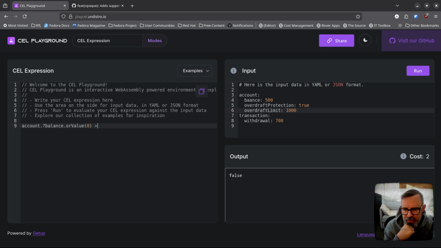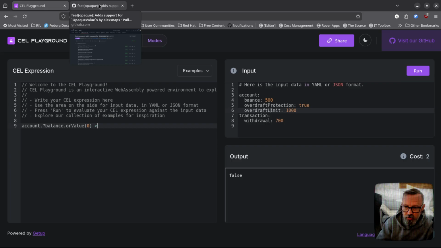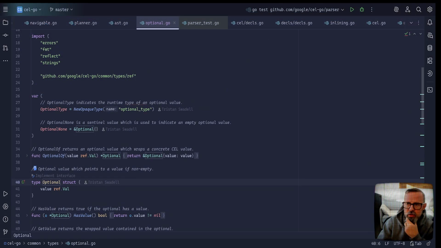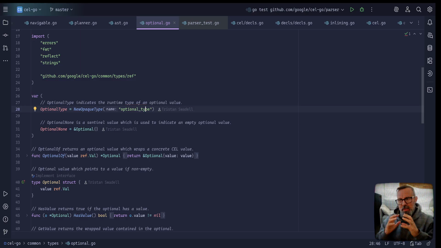I need to check exactly what all the pieces are, so just to recap, right? We merged the opaque type. The opaque type is actually what the Go implementation uses for its optional type. You can see the optional type is a new opaque type, optional. And an opaque type, as the name implies, is opaque. We don't know what's in there. So now the trick is to go and